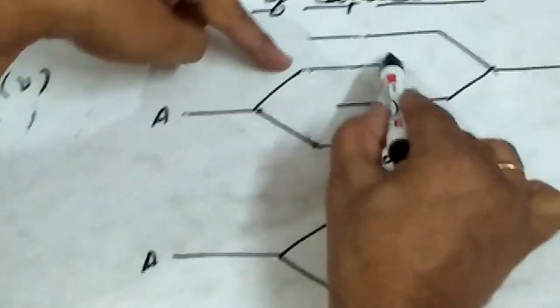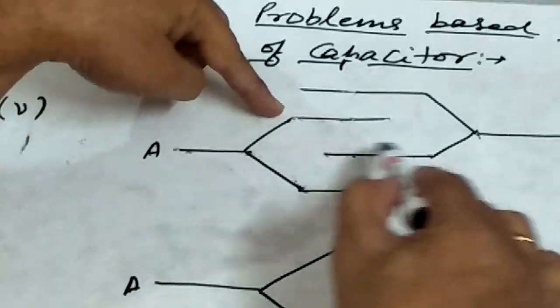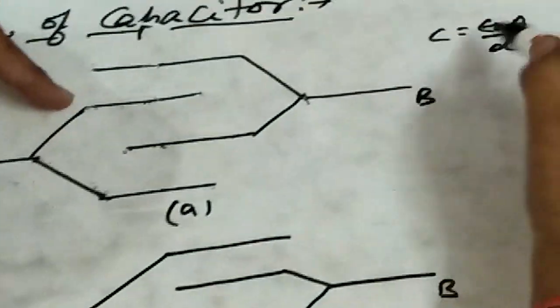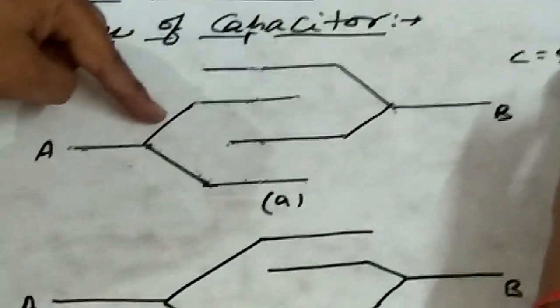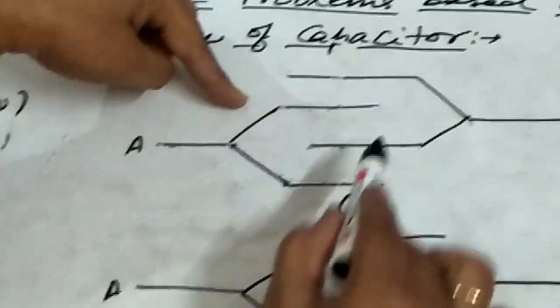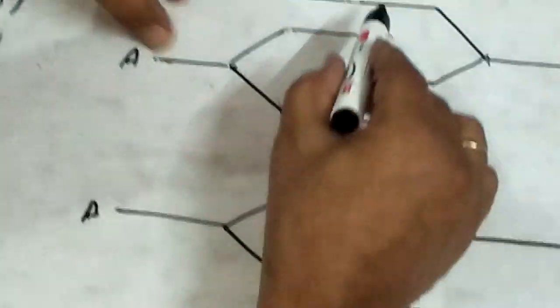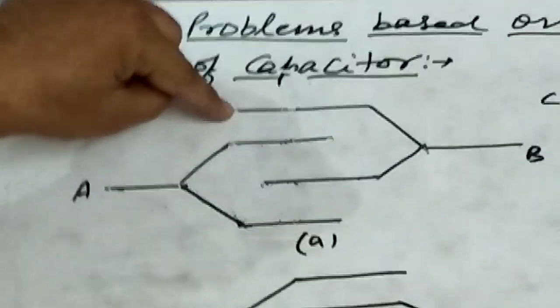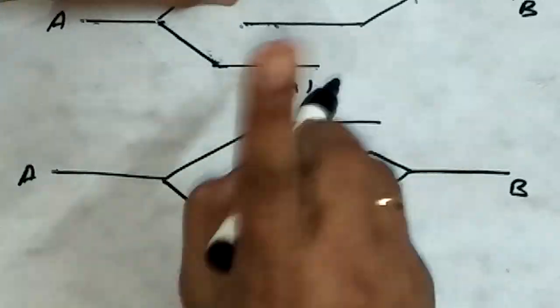Similarly, this plate and this plate will also form a capacitor, because this one is a plate of A and this one is a plate of B. So this will also form one capacitor of capacitance C is equal to epsilon naught A by D. And these two, this one is a plate of B, this one is a plate of A. This will also form a capacitor whose capacitance is epsilon naught A by D. In this way you can say this arrangement is the combination of three capacitors between A and B, where one plate from A and one plate from B will form one capacitor, but two plates of A or two plates of B together will never form a capacitor.